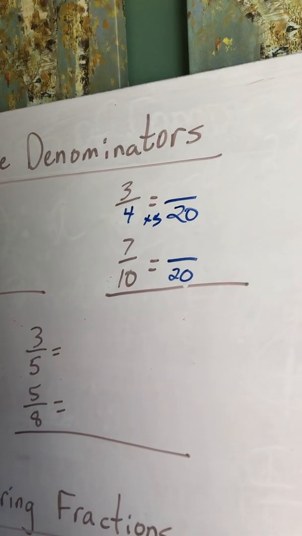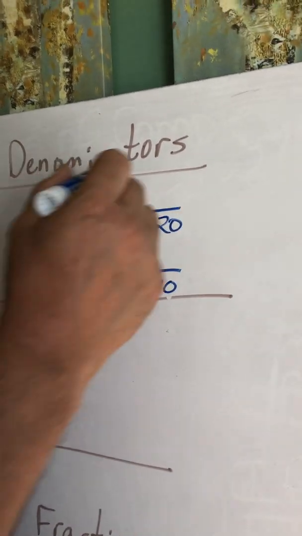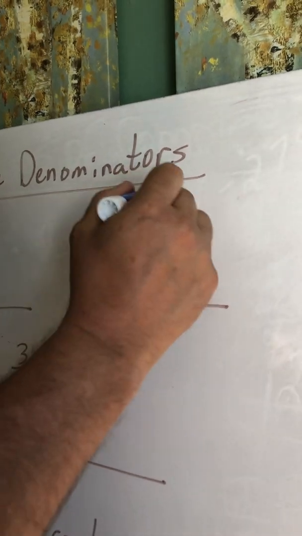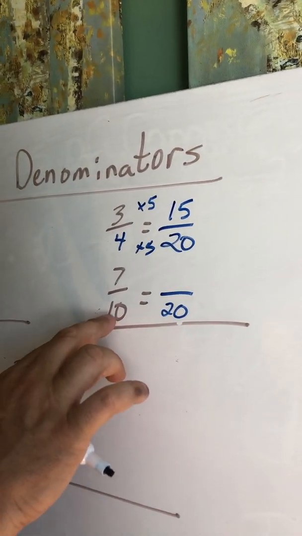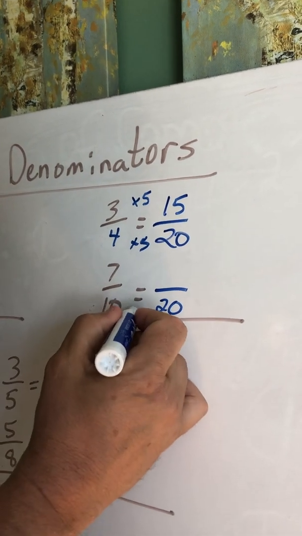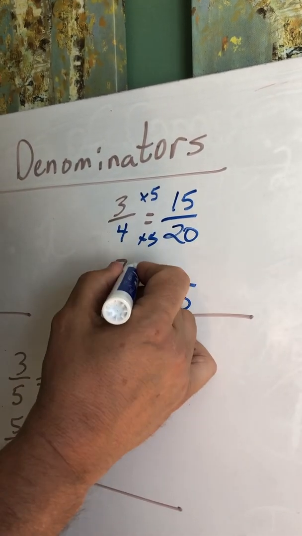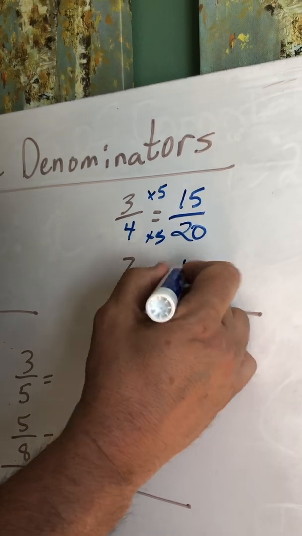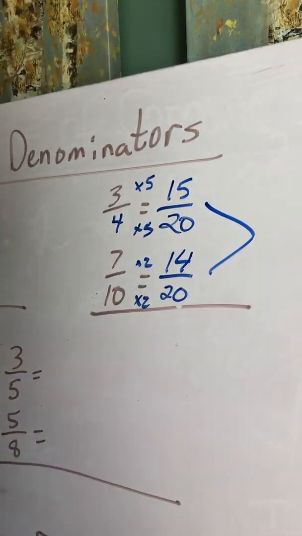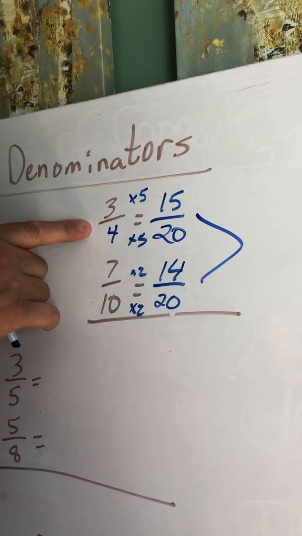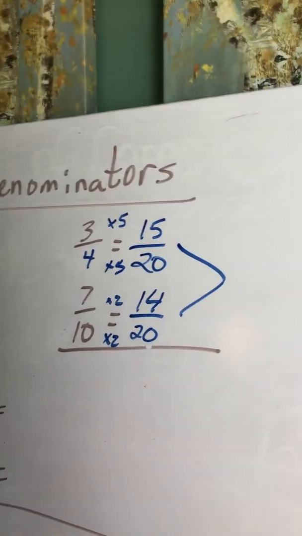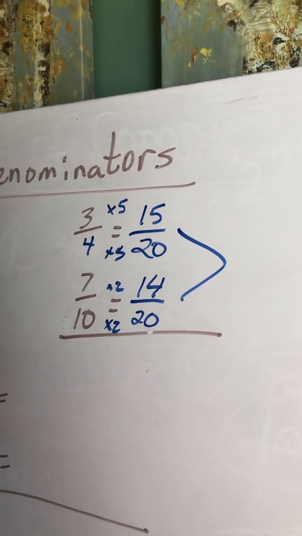Well, to keep these equivalent, remember I showed you before, you've got to multiply by the same number, okay? And what happened to 10 and 20? Times 2, times 2. Now you can compare, okay? So obviously 3/4 is greater than 7/10